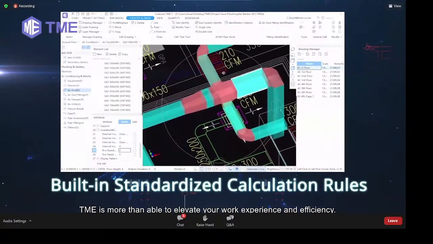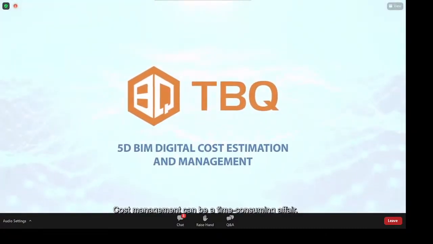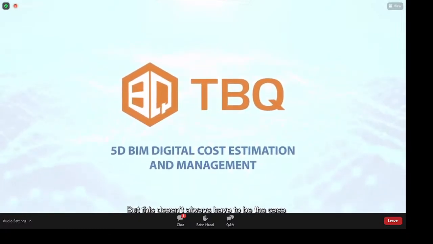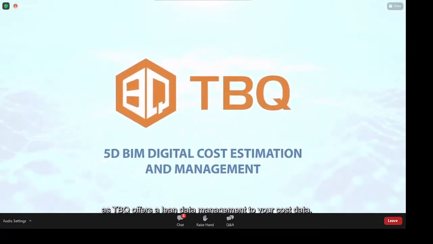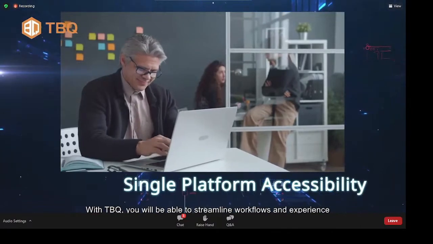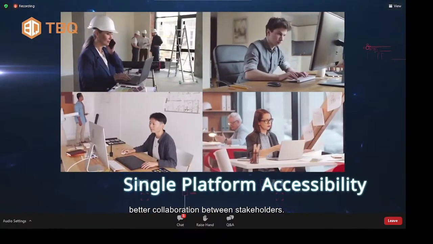CubiCost TBQ 5D BIM Digital Cost Estimation and Management. Cost management can be a time-consuming affair, but this doesn't always have to be the case, as TBQ offers a lean data management to your cost data. With TBQ, you will be able to streamline workflows and experience better collaboration between stakeholders, all of which is made